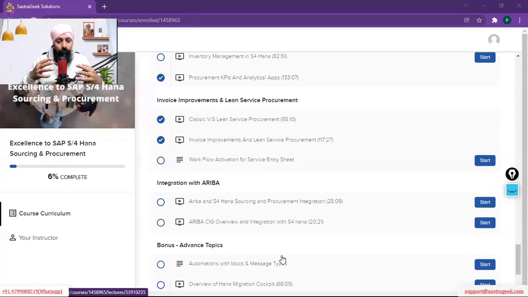So there are a few changes with SAP S/4HANA sourcing and procurement. I will take you through one of the biggest changes, the flexible Fiori workflow. But before I jump there, I just want to tell you that if you want to know the changes earlier,